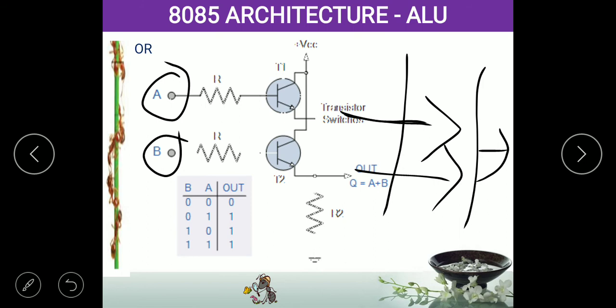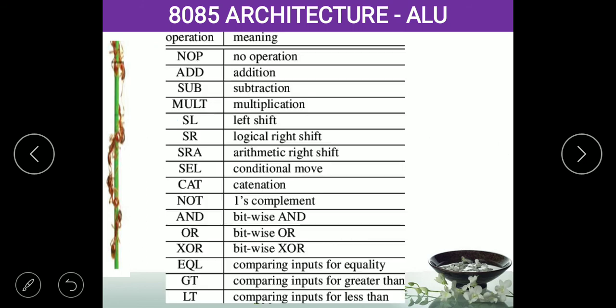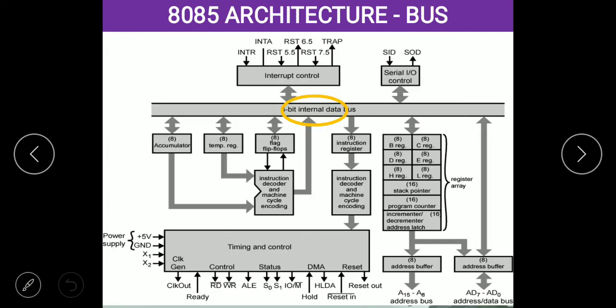In some other session, I will explain how the transistors are arranged to add 2 numbers. We will discuss that in a later session. Similarly, the ALU, or arithmetic logic unit, will do all these operations: addition, subtraction, multiplication, division, selections, NOT operation, AND operation, XOR operation, and like that it will do any number of operations. Now we have completed the registers, arithmetic logic unit, program counter, stack pointer, flag register, temporary register, everything.